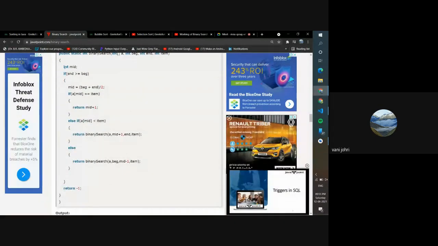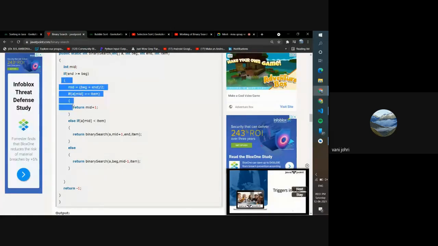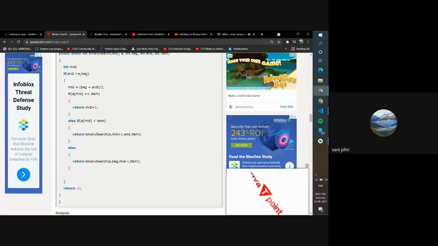First, they declared a mid to store the middle point, and they checked if end is greater than or equal to beginning. If the position of end is greater than or equal to beginning, then we're going to work. If the end is smaller than beginning, then it makes no sense. That means you've already found the element. End is obviously always supposed to be greater than beginning, right?